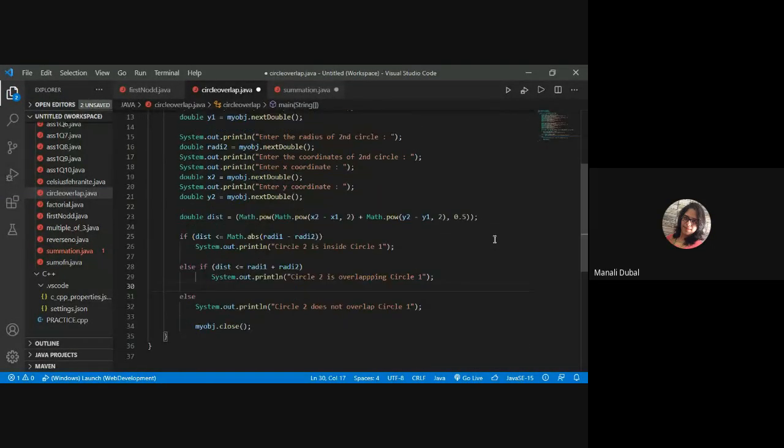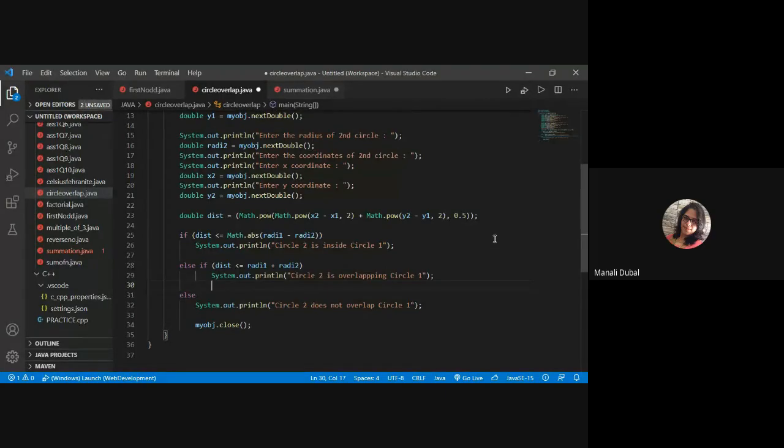Oh, good, you have used math.pow. Okay. I want to see the distance formulas. First I calculate the distance here, and then use the dist here. Oh, yes. Okay, you have used power 0.5, so it is the square root of x2 minus x1 and y2 minus y1, and the summation. If that distance is there, you use this absolute when it is inside. Okay, and it is correct. Yes, it is correct. Good.